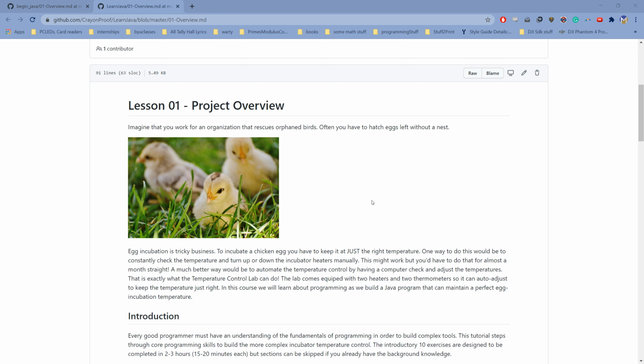The great thing about this course is it lets you experience programming in a really hands-on way. You get to program something that not only affects what you see on the screen, but you can affect real-world objects like the Temperature Control Lab. So this is a little overview of the project that we're going to be working towards building at the very